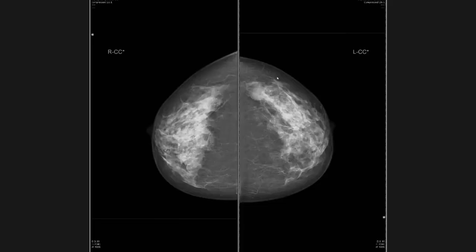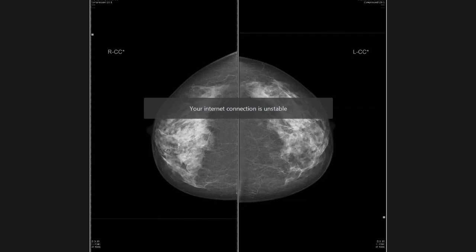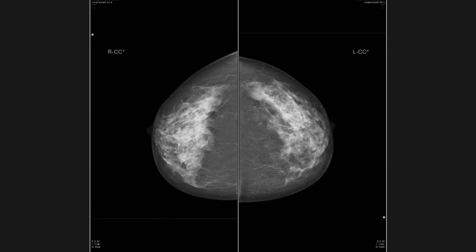In the outer quadrant of the left breast, there is a very well-defined, rounded, radio-opaque lesion, which has regular and smooth margins. It is very well circumscribed, and it has no area of internal lucency or any abnormal calcifications. There is no breast architectural distortion. It appears to me a very well defined and benign lesion, likely BI-RADS 2. And I would like to do ultrasound to know the cystic or solid